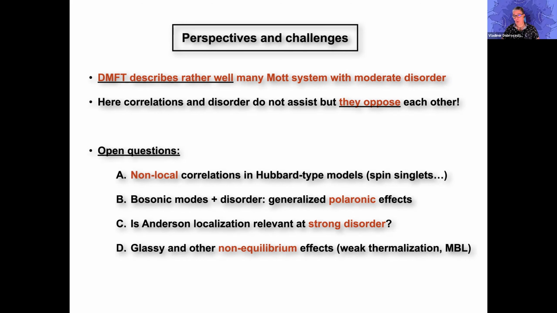There are many open questions. Not all systems are close to the Mott insulator. And also, there are other corrections which are not captured by single-site DMFT. For example, there's superexchange, which is probably dominant in cuprates, so singlet formation has to be considered. You may need to do this in VO2. You may have to do it in phosphorus-doped silicon.